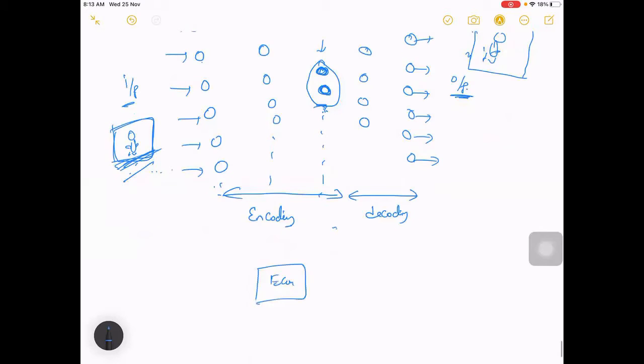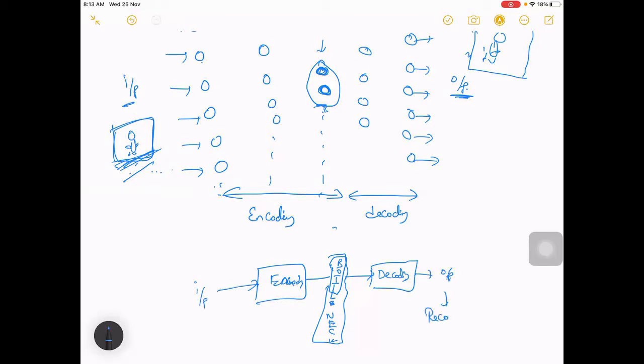So how we will do it is, seeing this image, you can get it. Maybe let me write it as a block here: encoding. This is a layer we call a bottleneck layer. And then decoding. This will be part of the encoder and decoder, so I'm just writing it outside. So here you pass input and you'll be getting output. Let's call it reconstruction. This is the reconstructed output of the input, right?